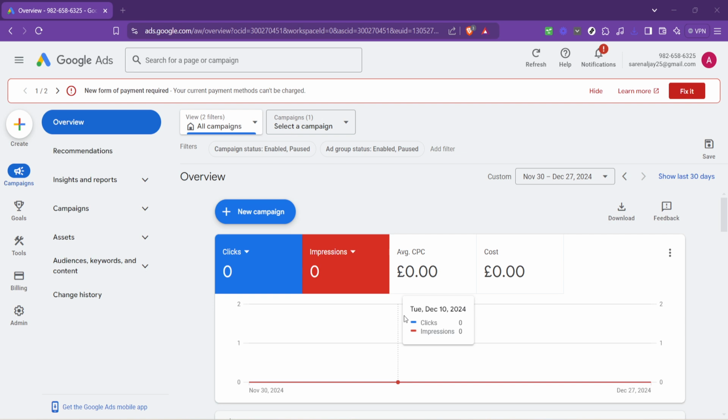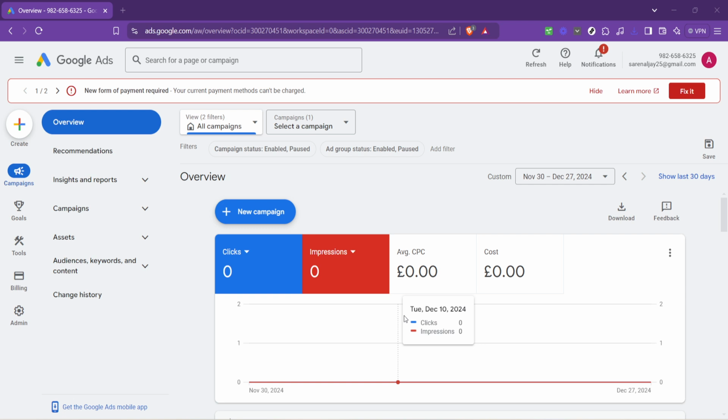First things first, we need to navigate our way to the Google Ads homepage. This is where all the magic starts. If you've already set up your account, you'll be greeted with various options. However, our focus today is specifically on creating a compelling video ad, so we'll need to locate the right tools